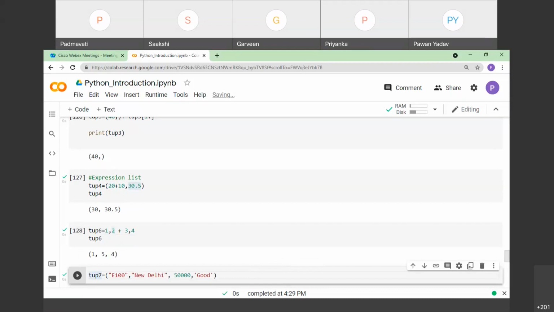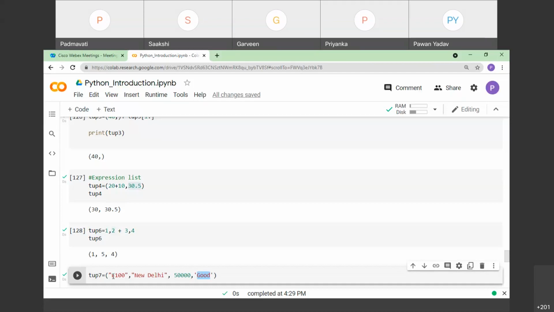So let us move to the next cell. Here the next cell is providing some employee details. So what is the employee ID? The first, employee ID, is in the form of a string. The second element is which location he or she is from. Again, the location is in the form of a string, and how much salary he is currently drawing is in the form of an int value. And the third one is what about his performance? So there are different metrics.